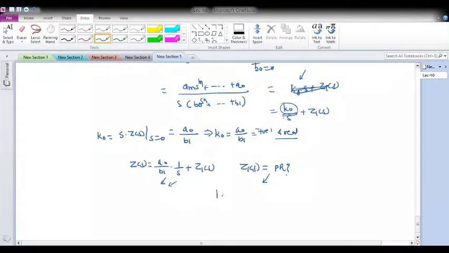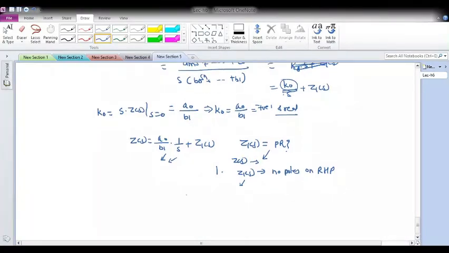So first question we will ask: as this total z of s doesn't have a pole on the right half plane, obviously z1 of s has no poles on the right half plane. As z of s has no pole on the right hand side of s plane, ultimately z1 of s also has no pole on the right half plane. Second is